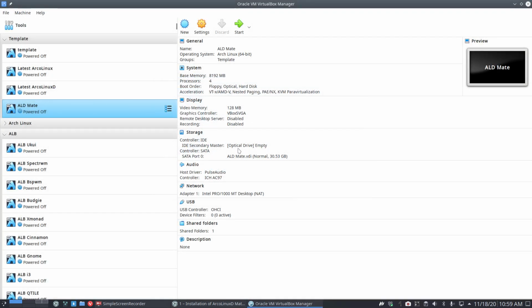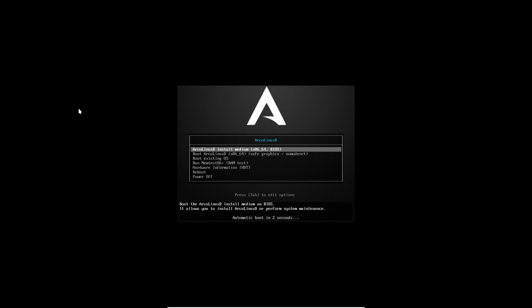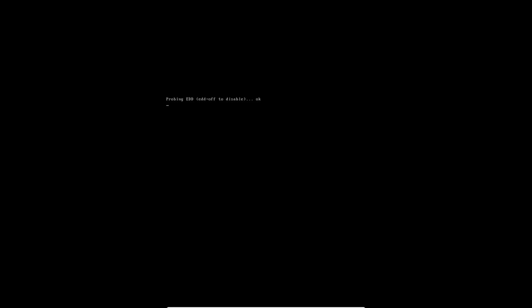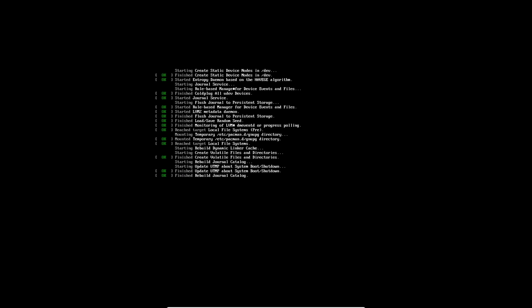Okay, we have an optical drive that's gonna include ArcoLinuxD. This is an important tip, VBoxSVGA, make sure it's there. Then the resolution will be correct. Ctrl-F. Maximize your screen, click on the first line. Issues with graphical drivers, use line 2. And then we wait for a super minimal desktop